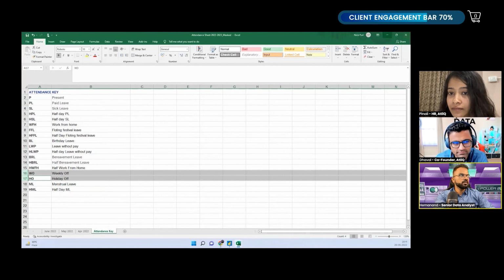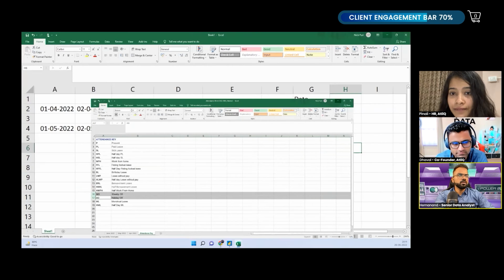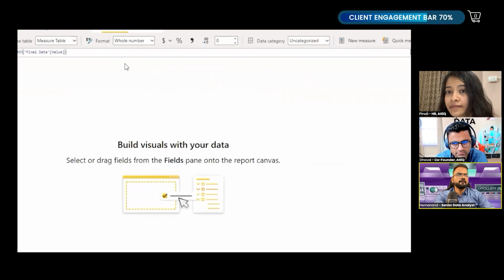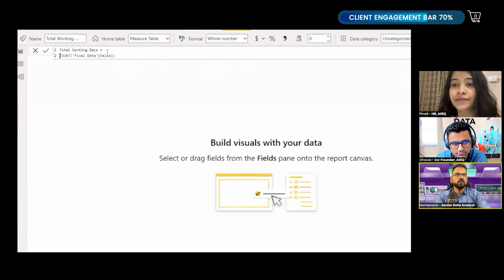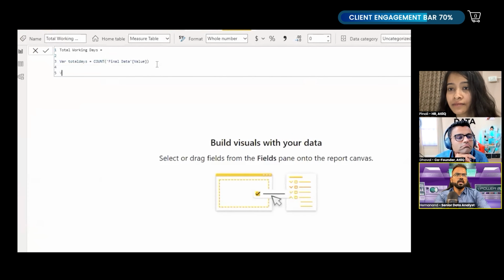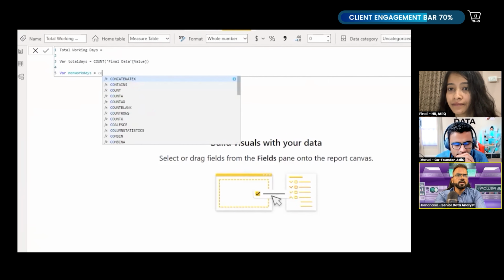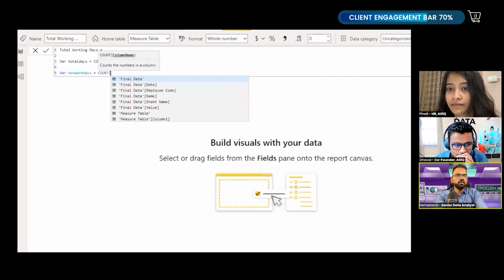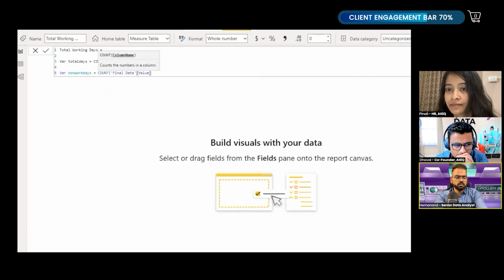Okay. So I'm going to go back to my Power BI. I'm going to make this total days. This is total days. I'm going to create a variable. I'm calling this a variable. And I'm creating a second variable, which is non-work days. And so this is again going to be the count of the values. But in this, we need to remove